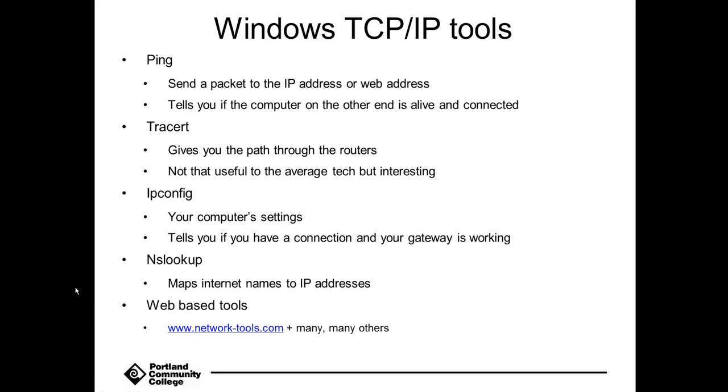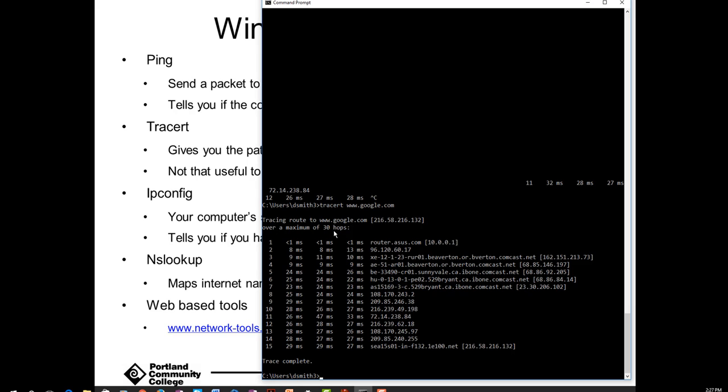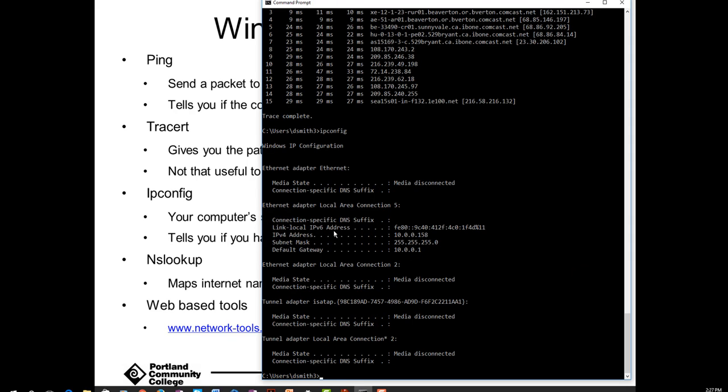ipconfig, we also looked at that. On Linux, it's ifconfig. On Windows, it's ipconfig. Just tells me if I have an address. Sometimes if you see an address 169 something,